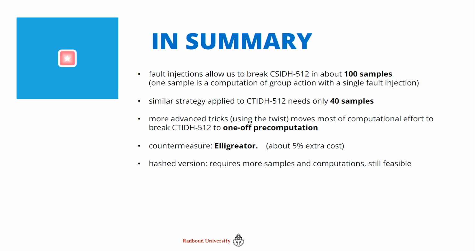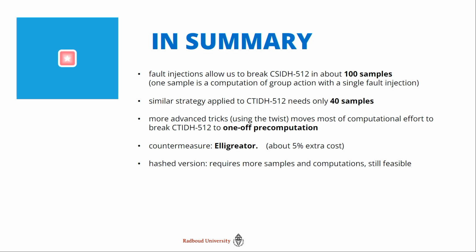by Jana, that was great, where you can actually move most of this computational effort that you are doing in this end to connect these sort of subgraphs to each other. You can move that all to a pre-computation that is one-off, and then you really are getting very fast at breaking CSIDH-512. Now, luckily, we can also provide a countermeasure, and we've called it Alligator because it's a variant